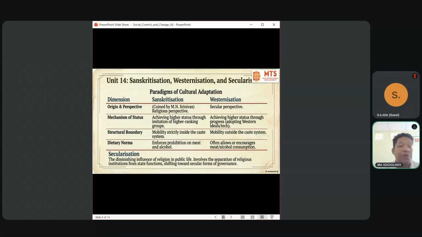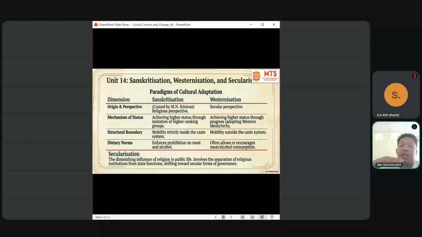In terms of Sanskritization, I will again give the example of contemporary Tripura, where the scheduled caste or tribal communities, or the minorities, adapt the lifestyle of the higher class or higher caste. It might be Hindus, or it might be the upper caste. Sanskritization doesn't talk about capitalism. Okay, it talks about caste.